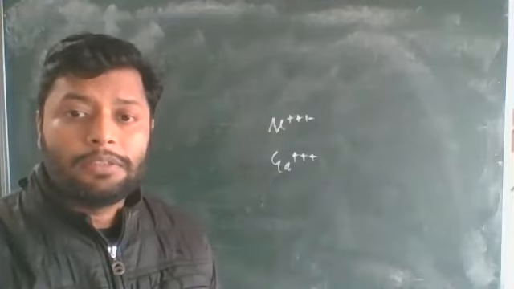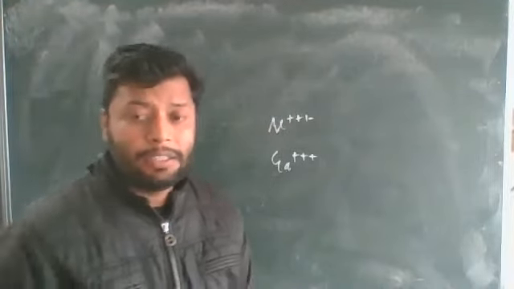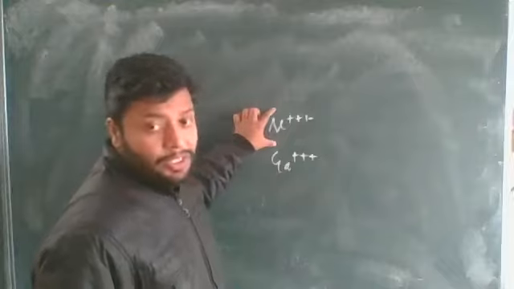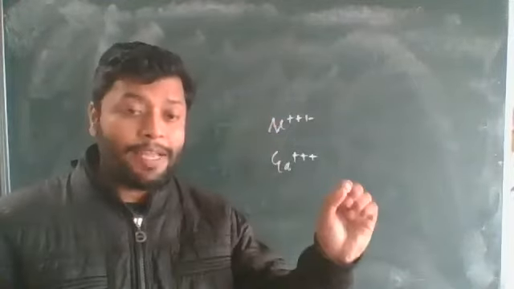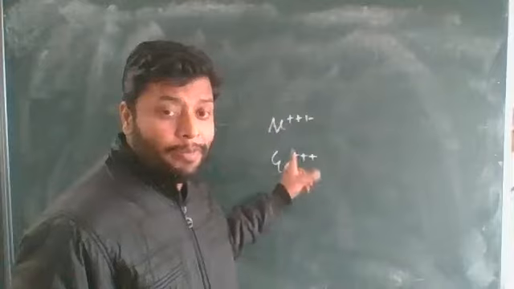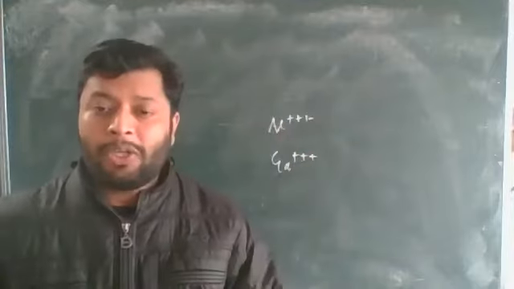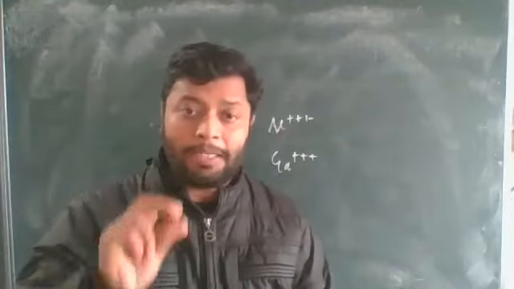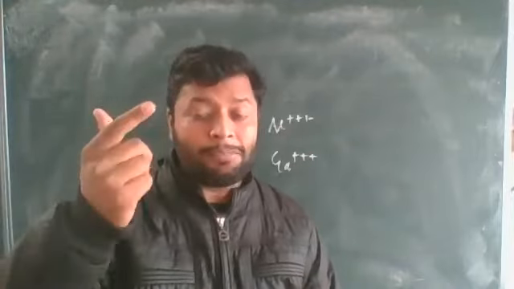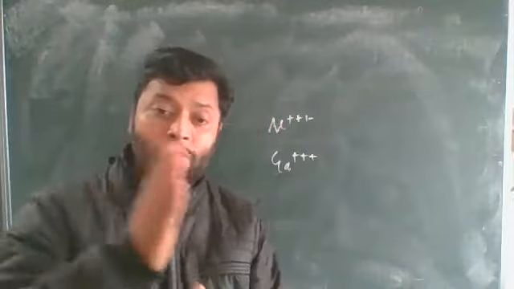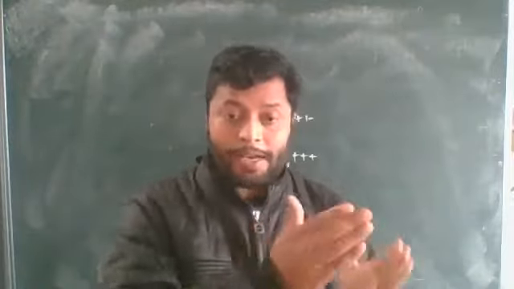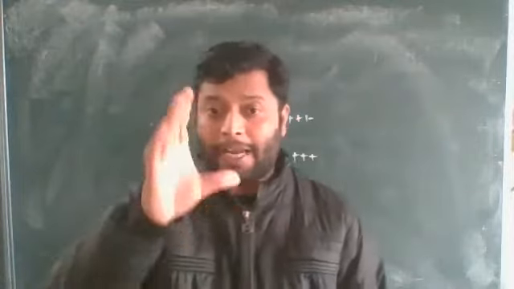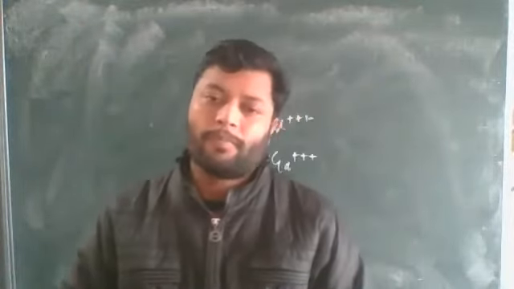Students, just learn it. Aluminium plus 3 has a smaller size and can have more coagulation power than gallium plus 3, even with the same valency, because the smaller cation has greater polarization power and can easily coagulate the given colloidal sol. That is one of the corrections that should be there.